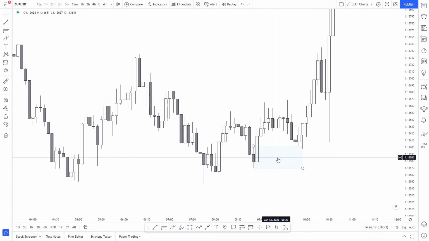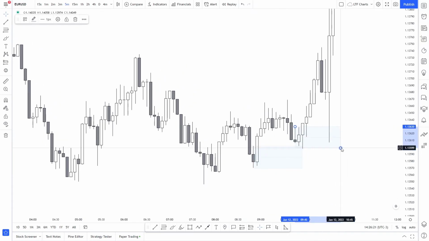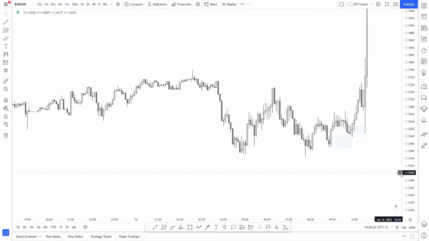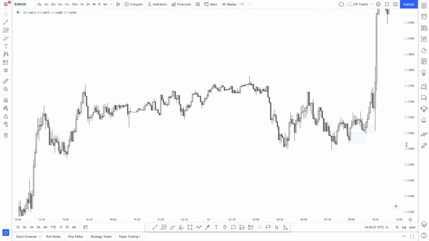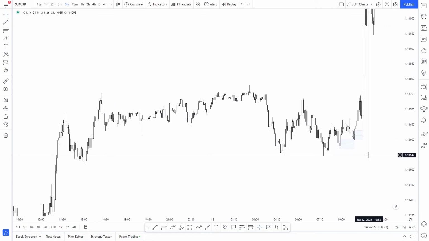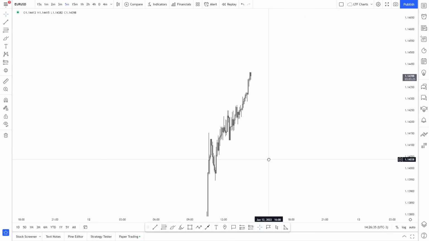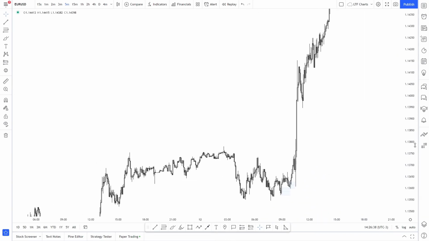And then the continuation, I was interested, but I wanted to see price get into the area, creating liquidity, and then going up. Then I would have looked for the type of setups that I go for. In this case, price didn't really do much, and all of this happened,